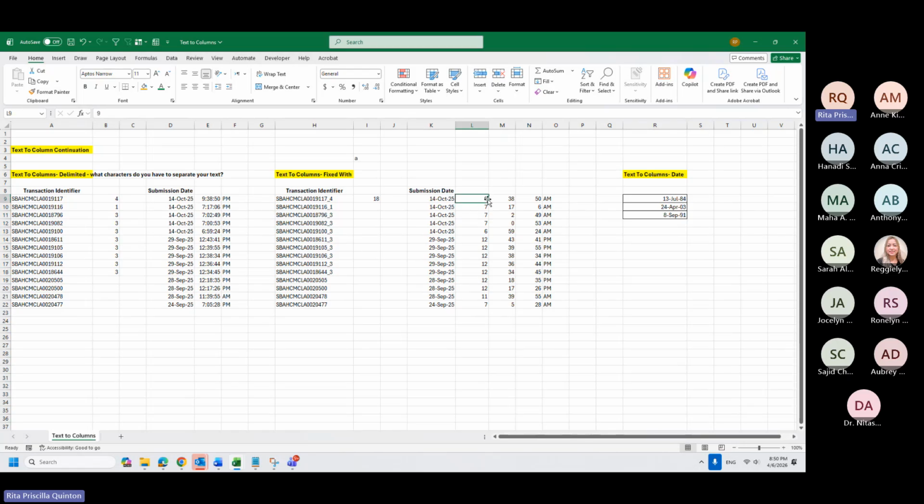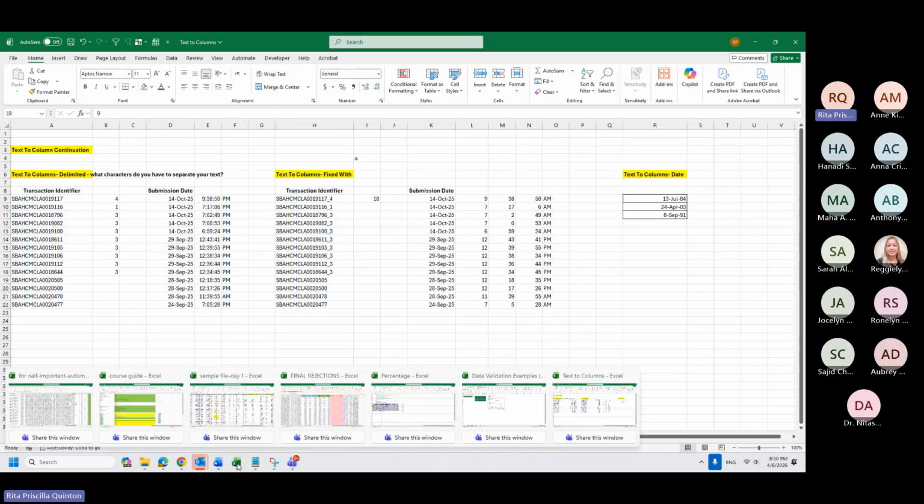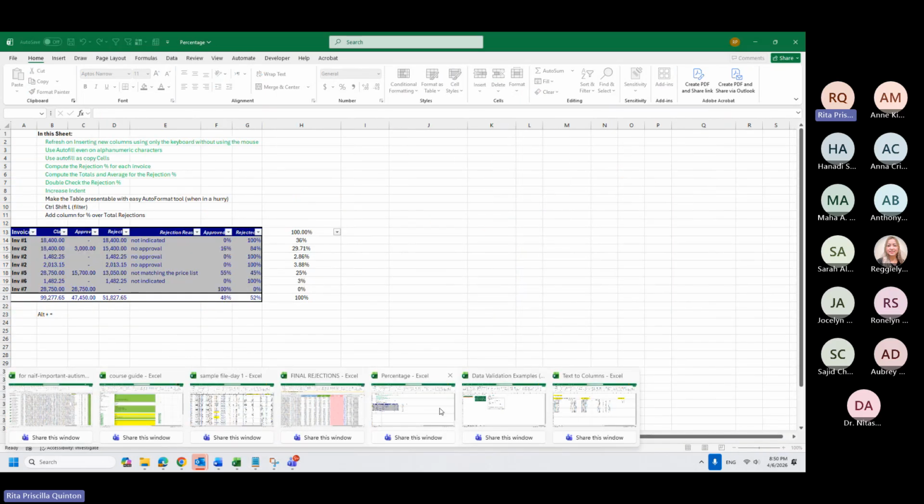For the newcomers, yesterday I mentioned in the meeting that there will be 15 minutes at the end of every session to allocate for the participants. If you have any issues that you're facing, you want to ask me something like a consultation, like, Rita, how will I do this? I have this big file. I don't know what to do. I'm doing it manually one by one. So the floor is yours. If anyone has any question or is thinking of something in Excel that's hindering you from doing your task.